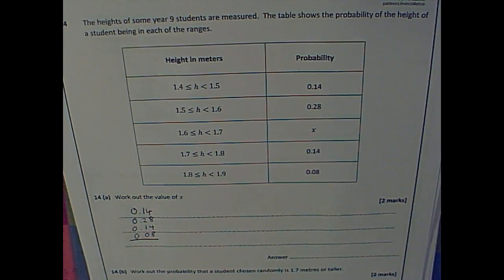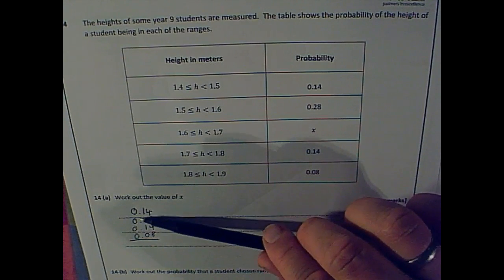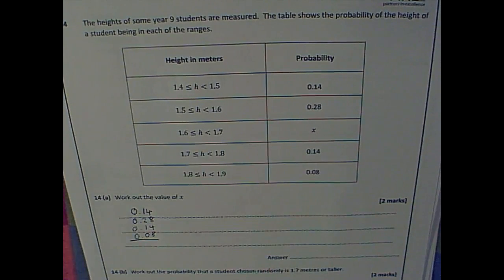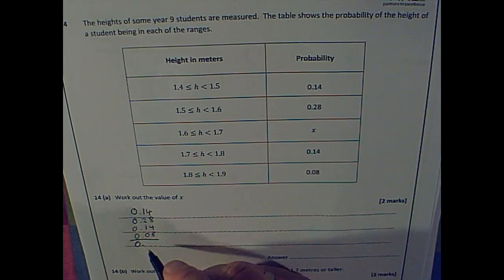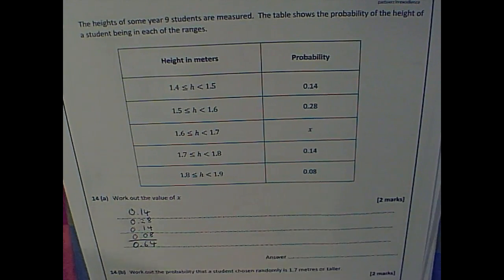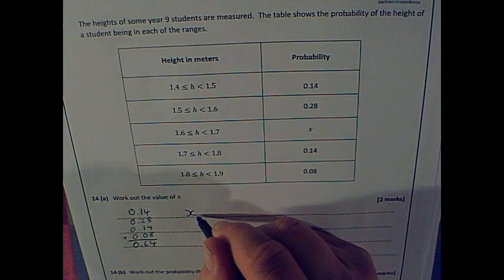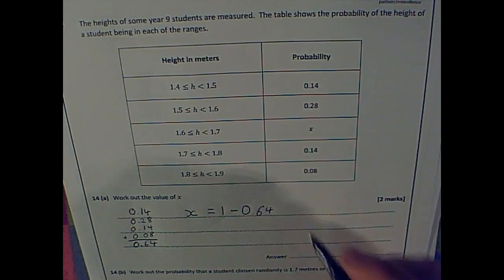I mean, many of you may choose to use a column method. I would probably just say that's 0.28 there again, so that's 0.56, and then add on the 0.08, giving me 0.64. So that equals 0.64, and I add them up. Now, the probabilities of all these together has to be 1. So my missing probability has got to be 1 take away 0.64, which is